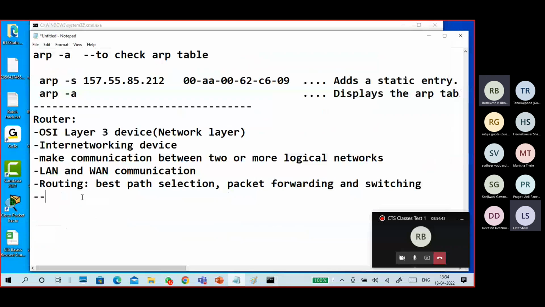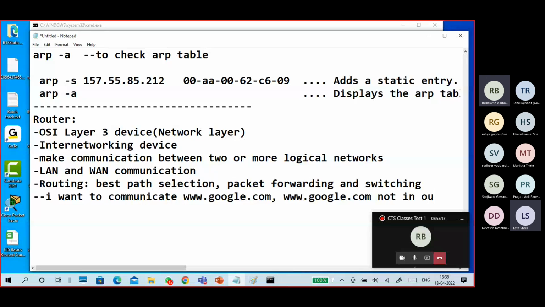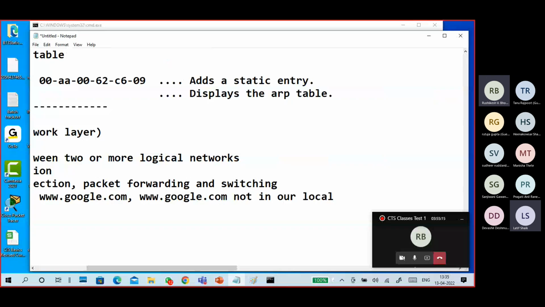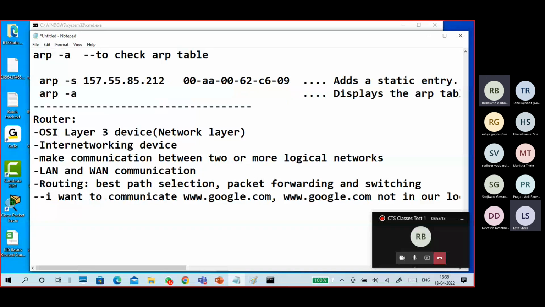For example, what is routing? I want to communicate with google.com. The google.com server is not in our local network, so we need the internet.